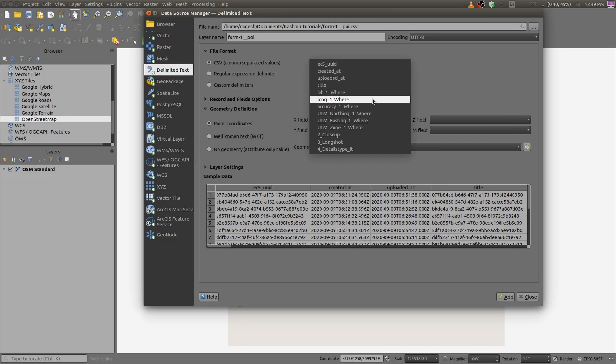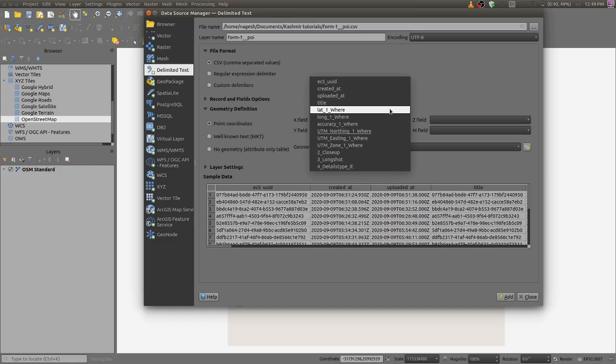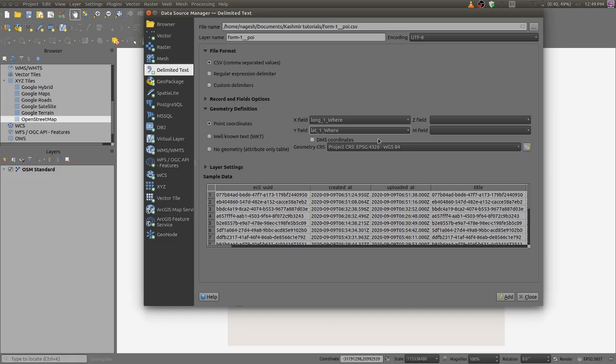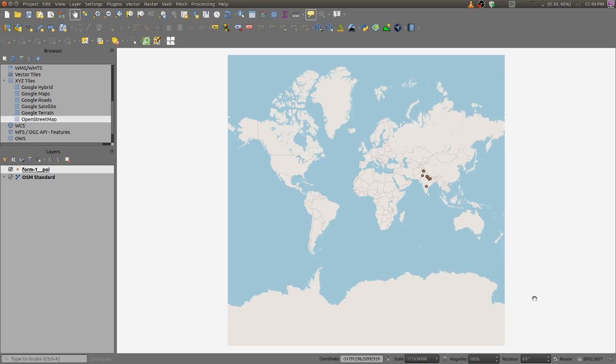For x field you have to select this long, and for y field you have to select that lat. This is the data which we are having in that CSV file. The rest of the things you don't have to bother about at present, and then add, then close it. So let us see the points have already been imported to our map.